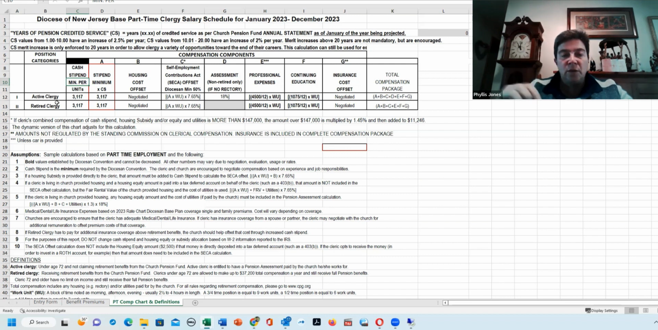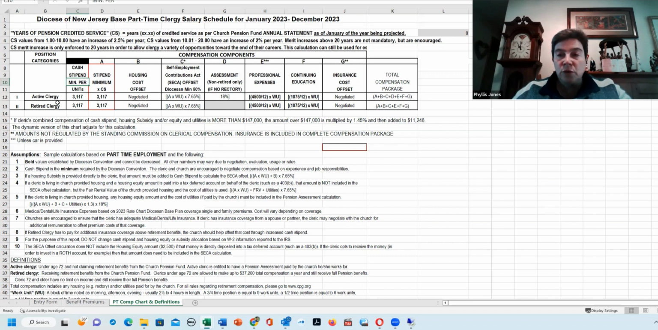And because all of our compensation worksheets are calculating pensions based on CPG rules, if the person is retired for CPG purposes, then they no longer have pension contributions being made for them. So the active and retired,